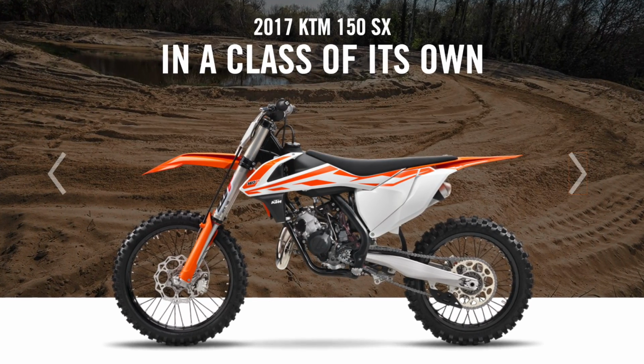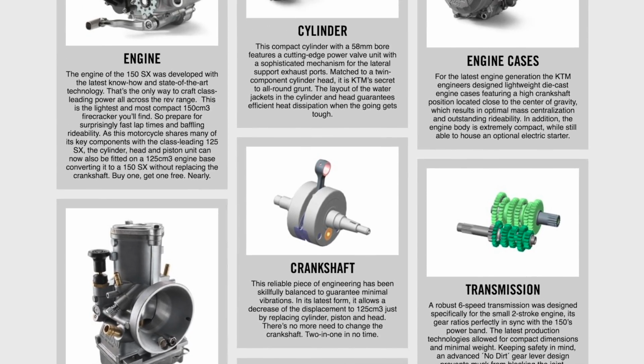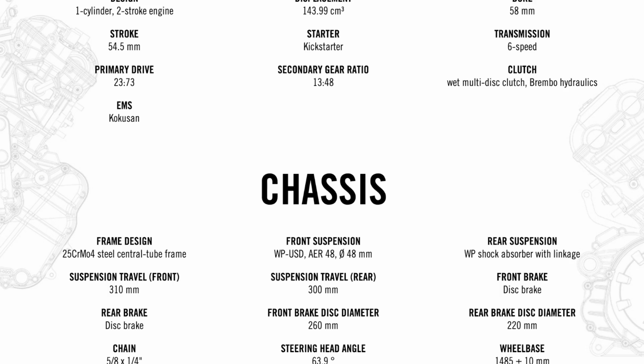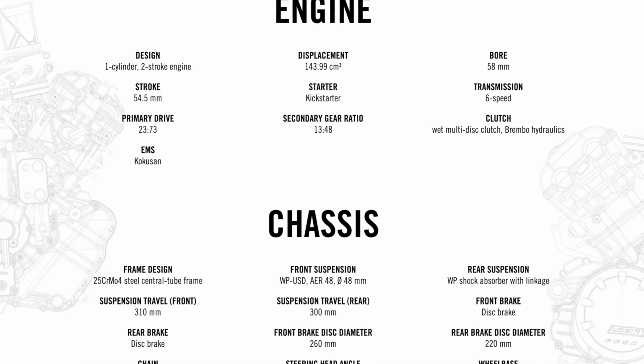The prices of these bikes, yes, they're expensive. The 450 XCF is going to be about 10 grand. The 350 is like $100 cheaper, just 10 grand. So I guess the 450 is like 10.1. The 350 is essentially 9.9. The 250 drops a little bit. When you get down to the 300 2-stroke, you're basically